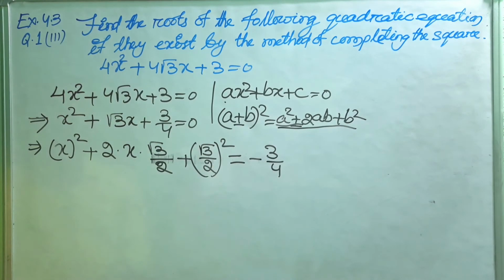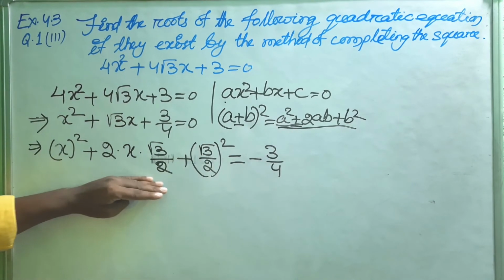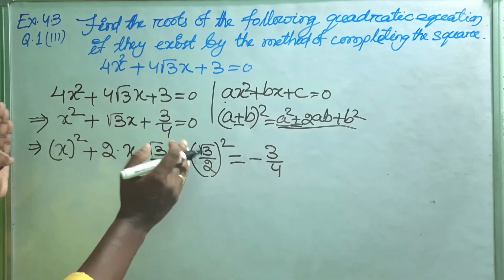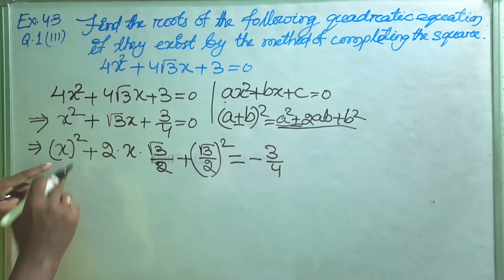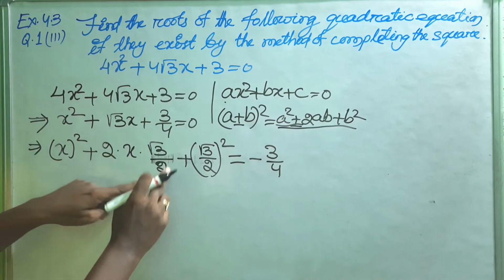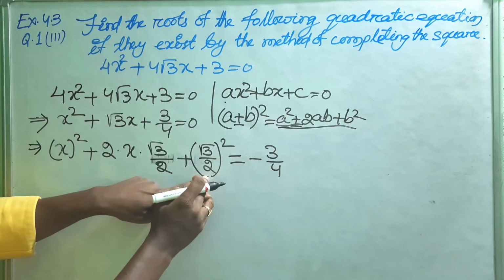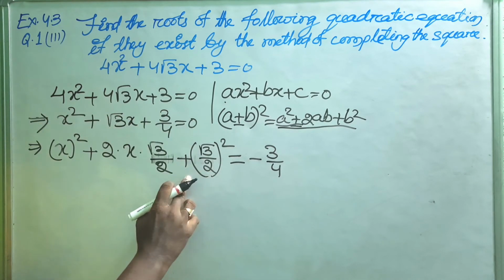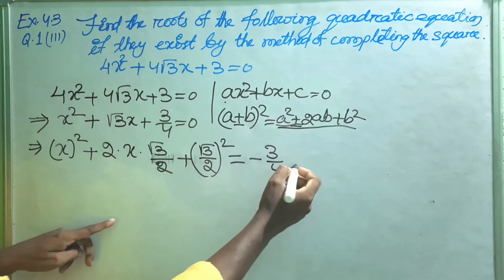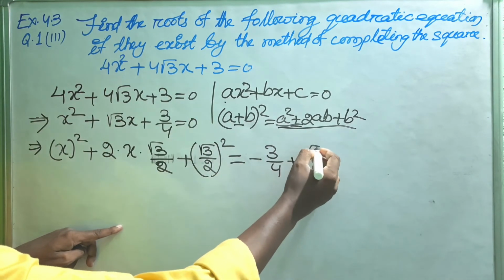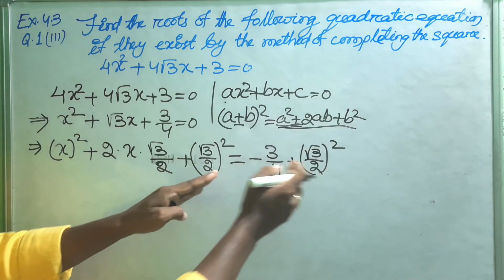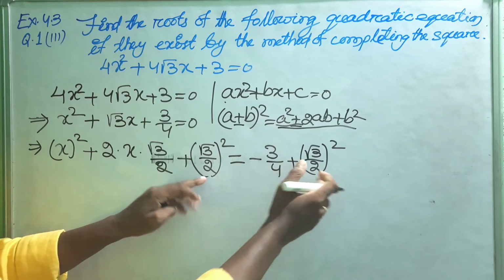Clear? Now look at this line clearly. Watch this line very carefully. You will find that this one is expressed like this. This one is taken to the right hand side, but this one is not given here. So we have added this one on the LHS, so you have to add the same one on the right hand side. You have to add this number on both sides.